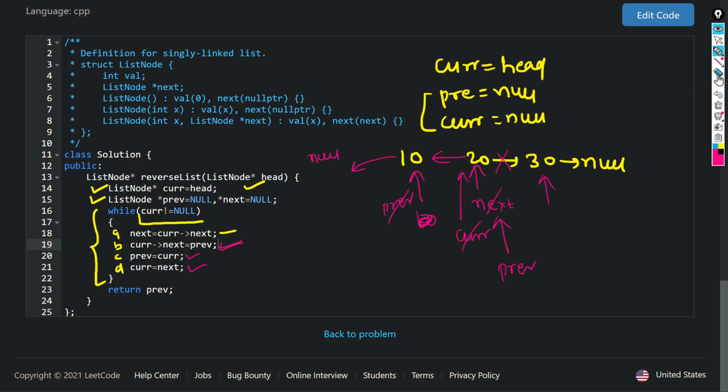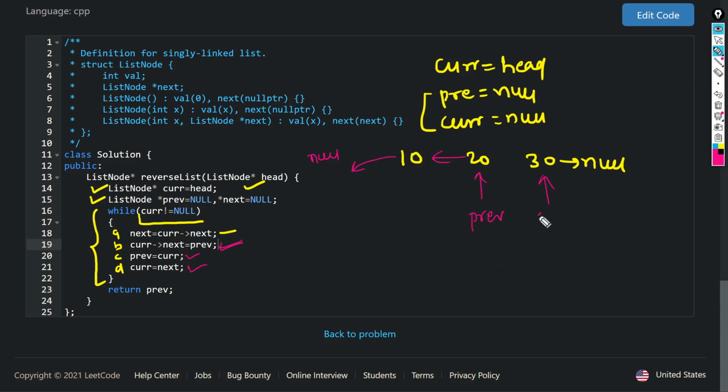I will erase this for better understanding. So now previous is pointing to 20, this link will be removed, and next is here.